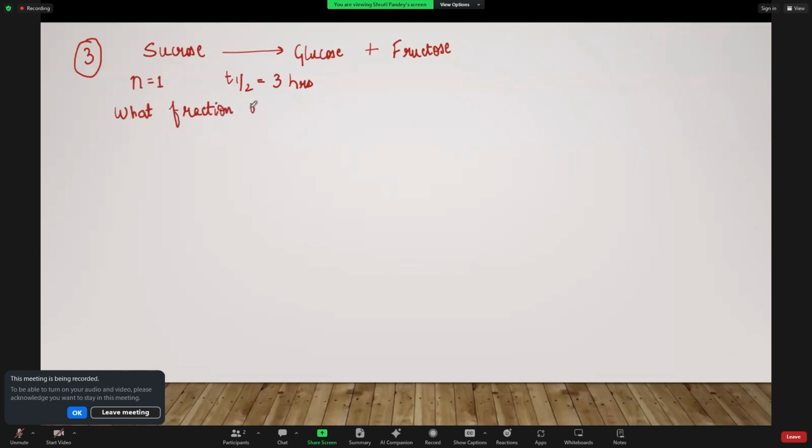What fraction of a sample of sucrose remains after 8 hours? So what you need to do is, they have given everything. First, you will write down the integrated rate law for n equals 1. So it says